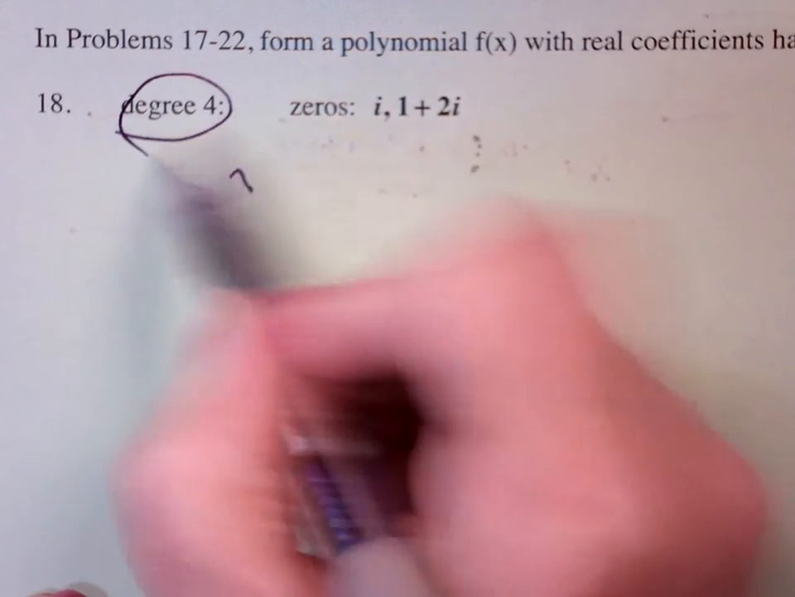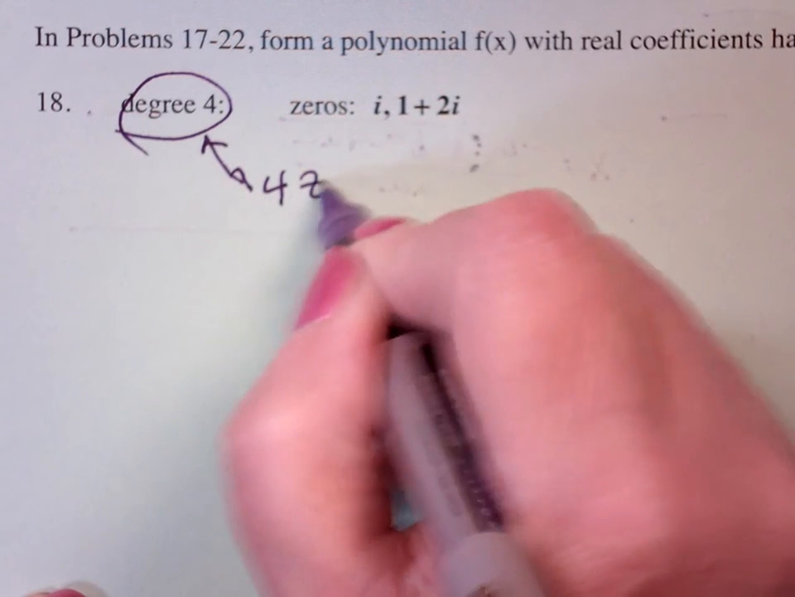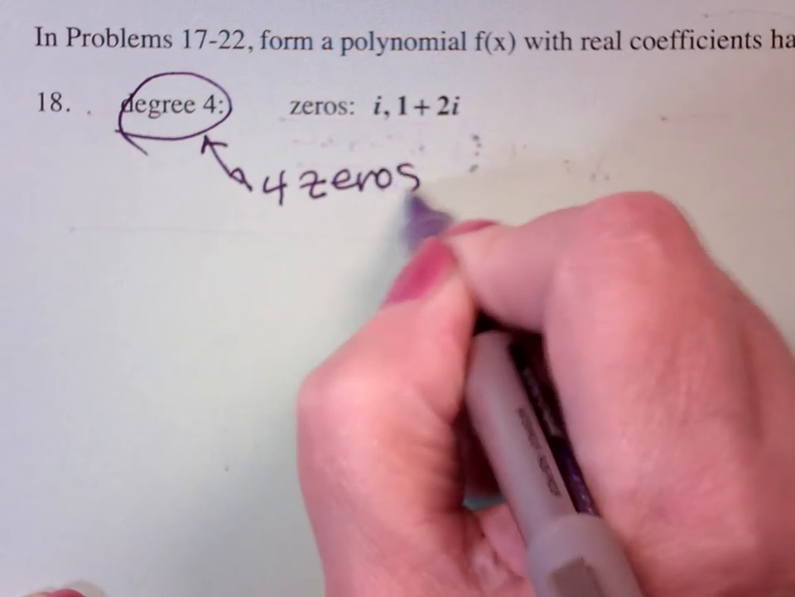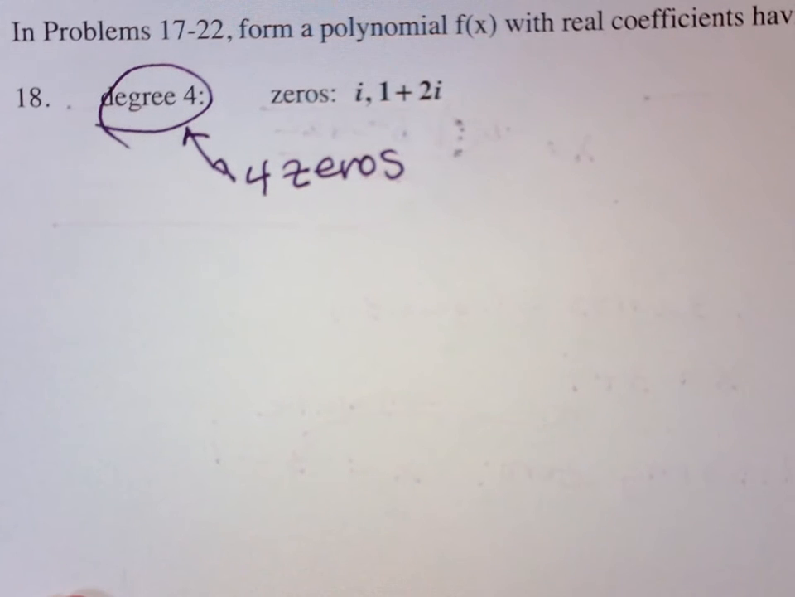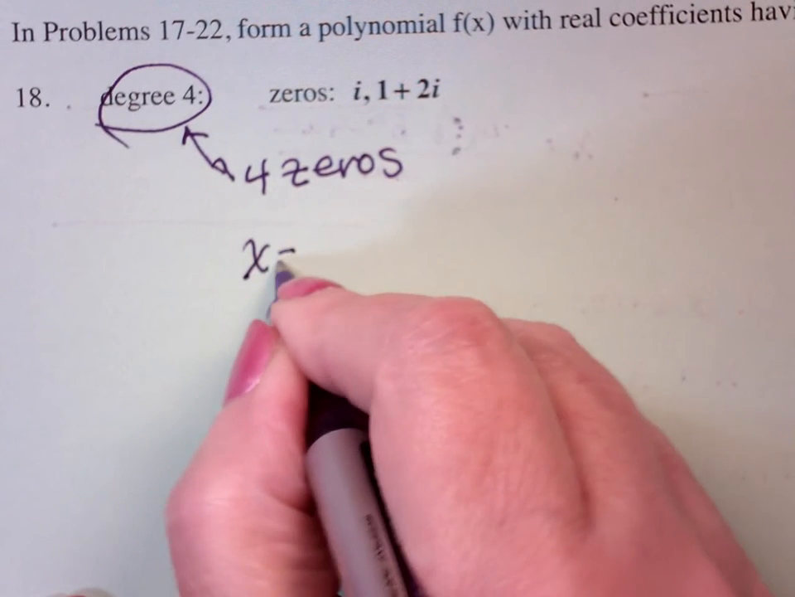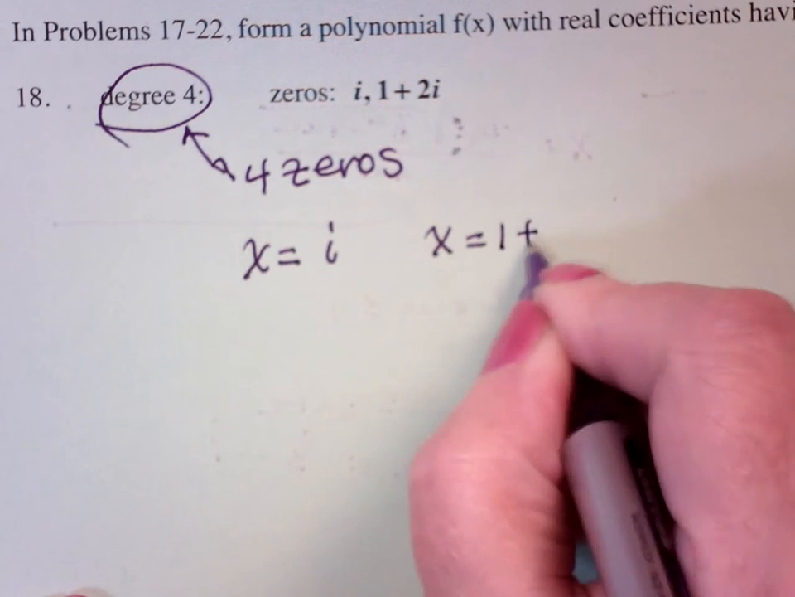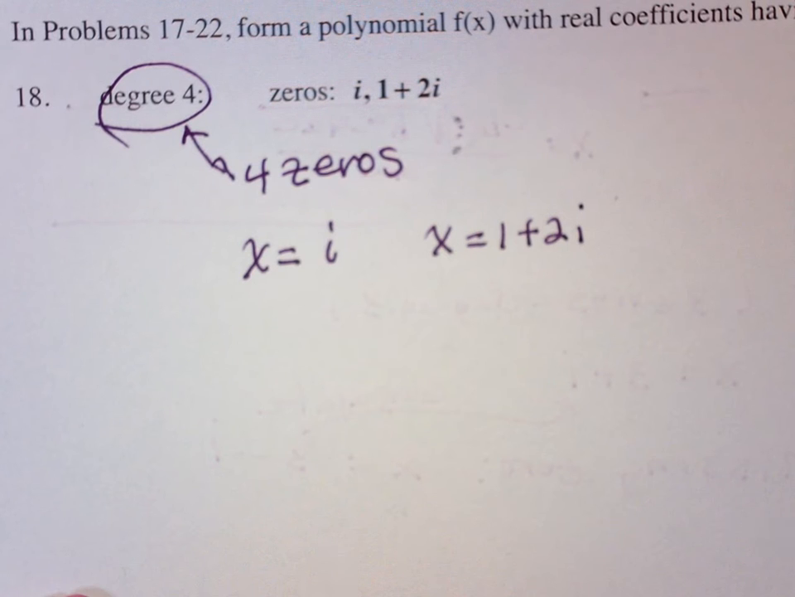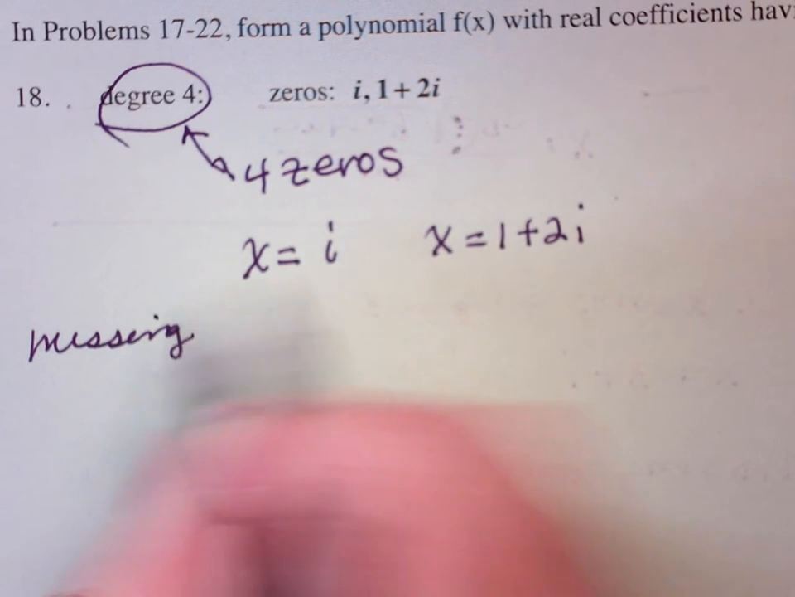It is degree 4. So what's that mean? 4 zeros. Not necessarily unique. Okay? So, what do I know? I know x equals i, x equals 1 plus 2i. What's missing? Conjugate. Which is